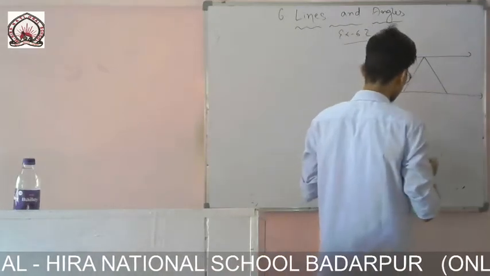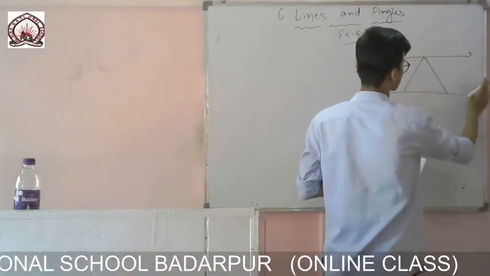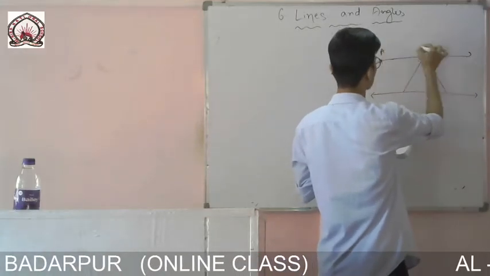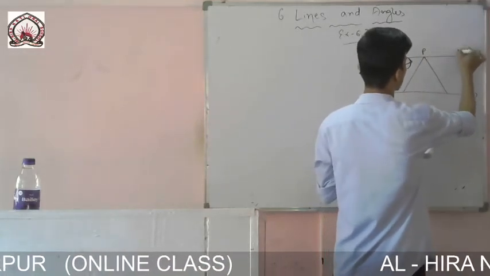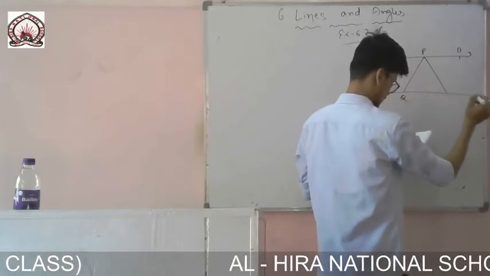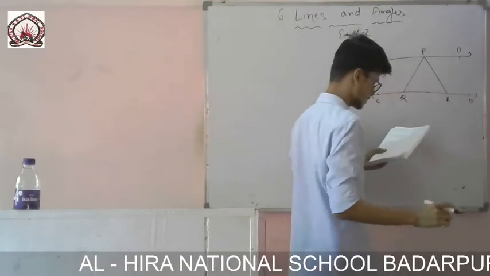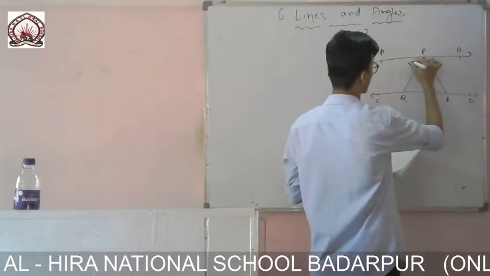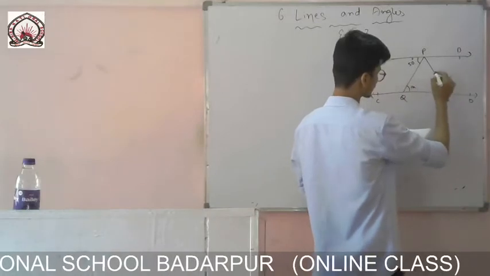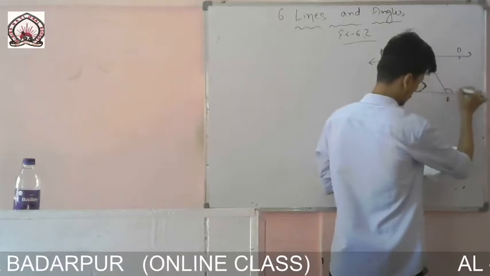You see here, these two lines are parallel. A, P, Q. While drawing, you use a scale. I am doing it roughly, so it may not look like a straight line. When you write this in your copy, draw this figure using a scale in the exam also. Don't just go on drawing with your hand. So this one remains 120.